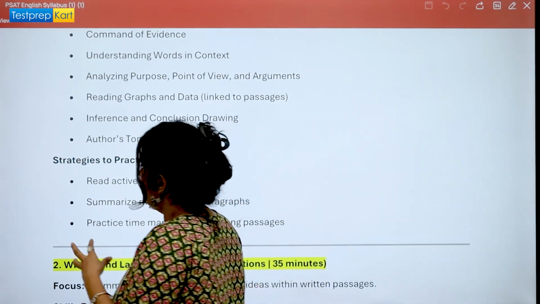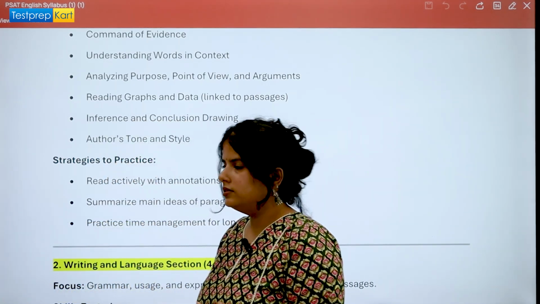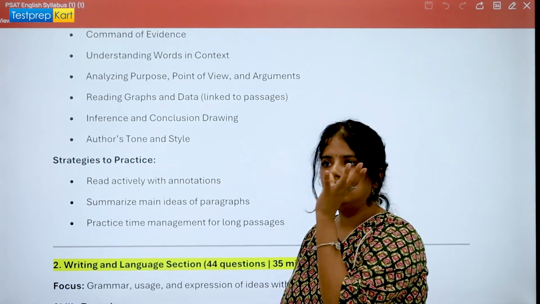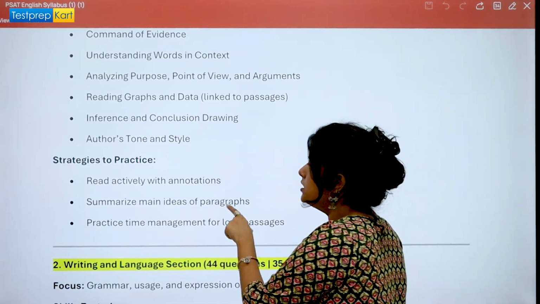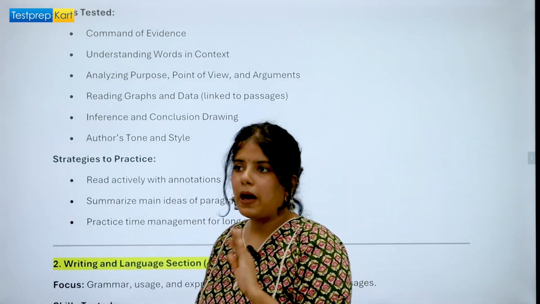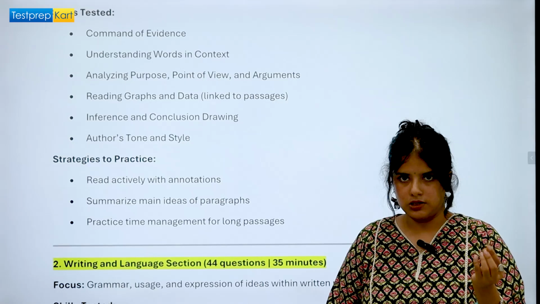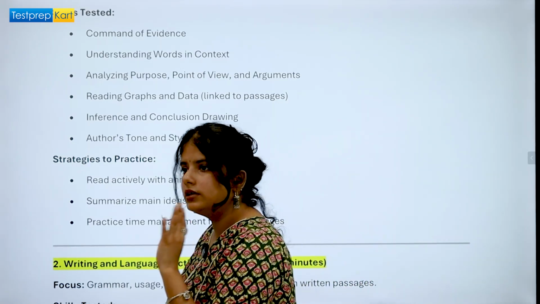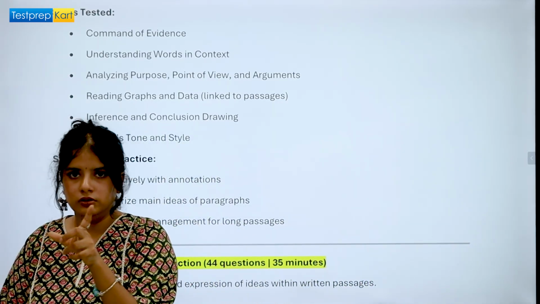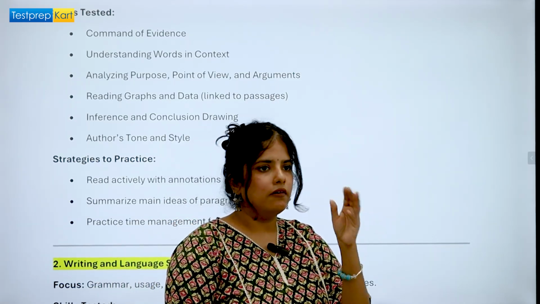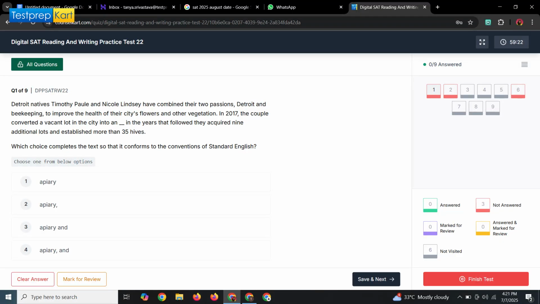So basically, the strategy to practice in these 30 days while you are focusing on the reading section is that you have to annotate, because the paras are very long and you can't get it through in one reading. So when you start reading a para, firstly read the question. I will put a screenshot over here. I will give you an example. Let's move on to an example. So basically, I will tell you the strategies.